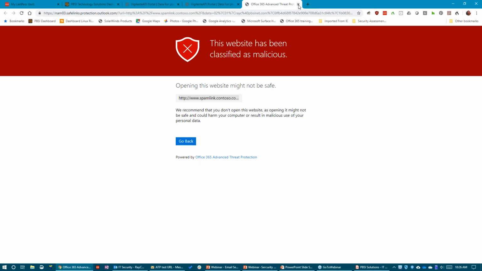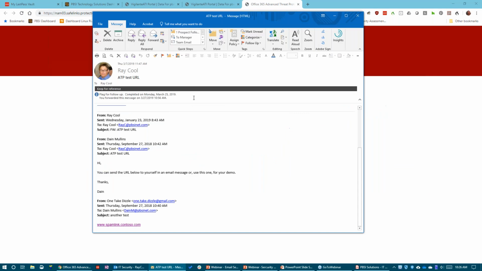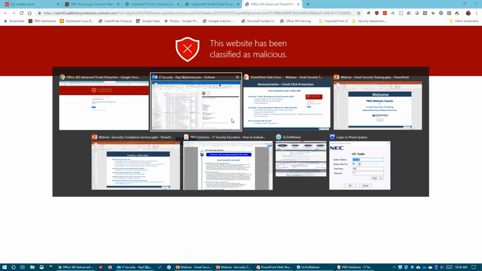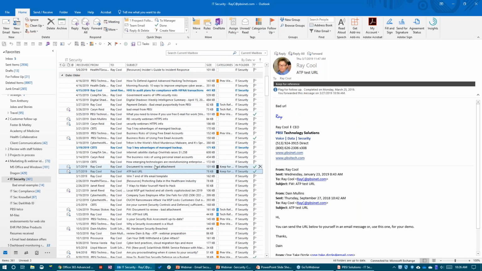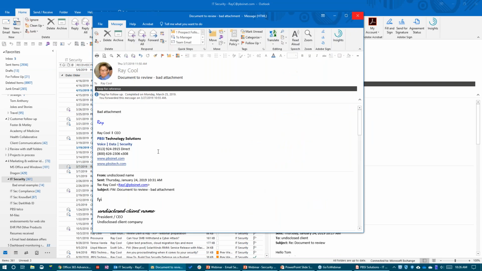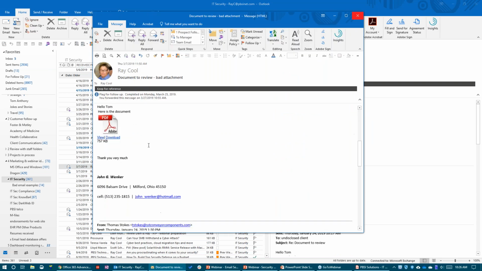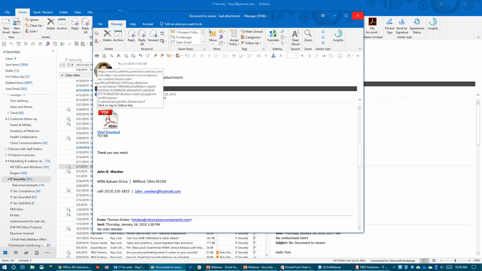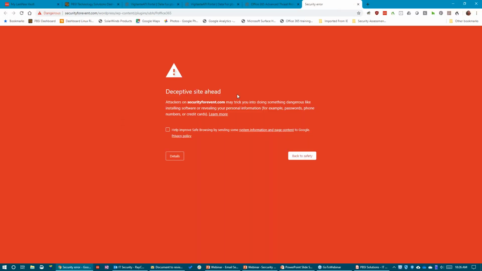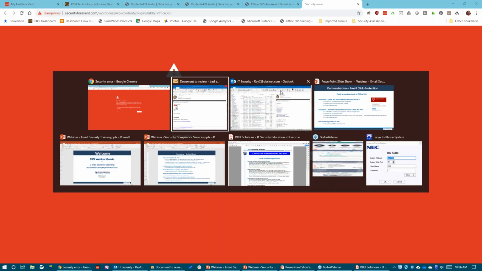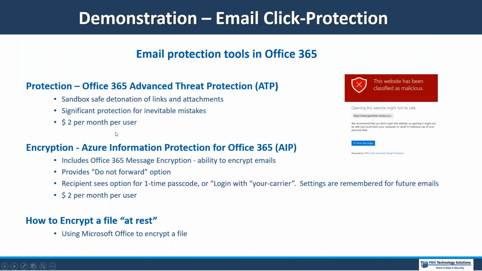Okay, so very simple. That is what it does with a link. Here is what it does with an attachment. So I had a client who actually sent this attachment to me saying, I'm having a hard time opening this. I said, forward that email to me. And he was trying to open this attachment from a, quote, former employee. It wasn't really from the former employee. And sure enough, that attachment had bad content and would have caused damage. So that's the end of my demonstration.